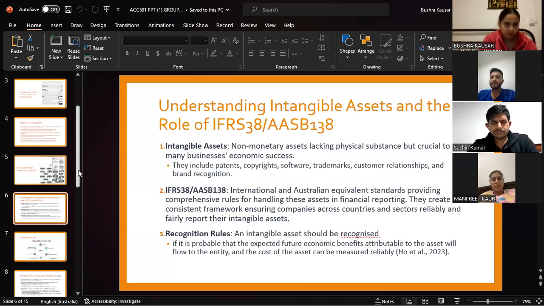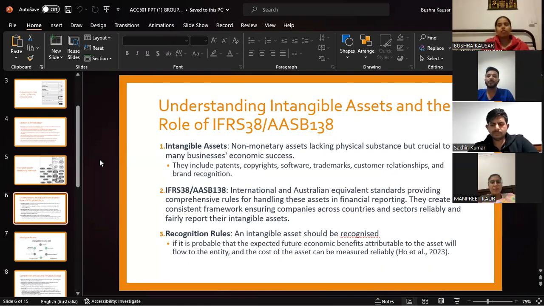Intangible assets are unique in their nature, because they represent non-monetary assets that lack physical substance. They are, however, crucial to the economic success of many businesses. These assets can include everything from patents and copyrights to software or trademarks, relationships with customers, and recognition of the brand. IFRS is internationally recognized and AASB 138 is the Australian equivalent. This provides a comprehensive set of rules on the way to handle these assets in financial